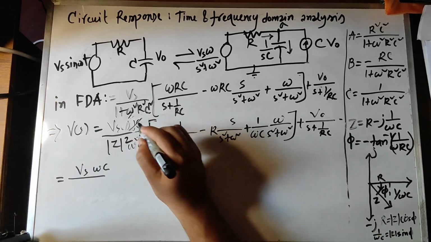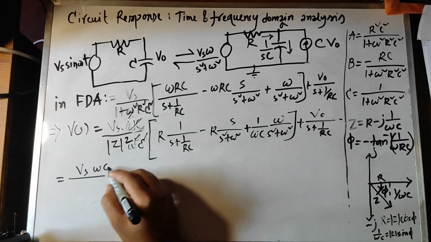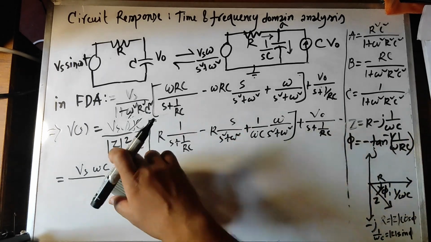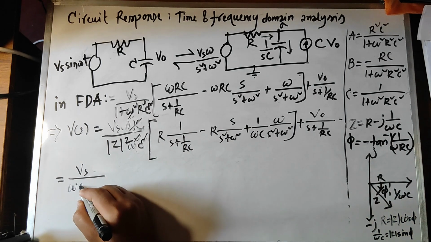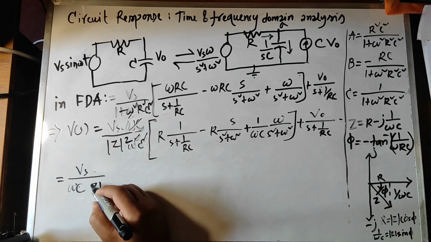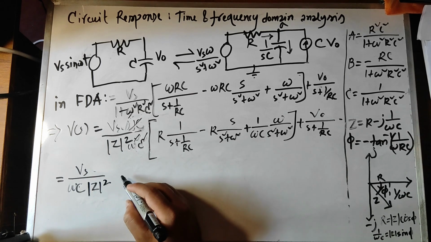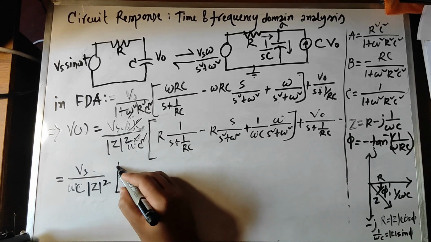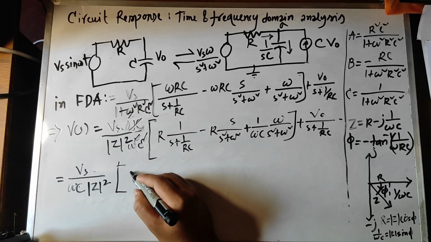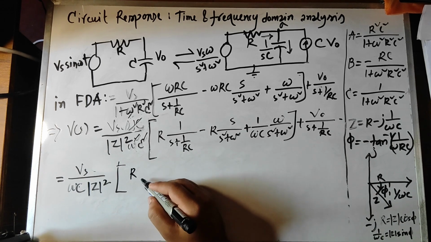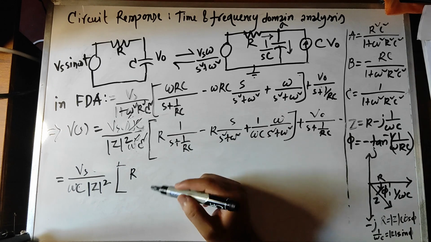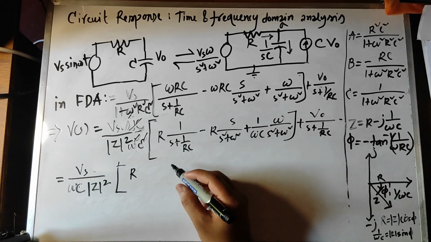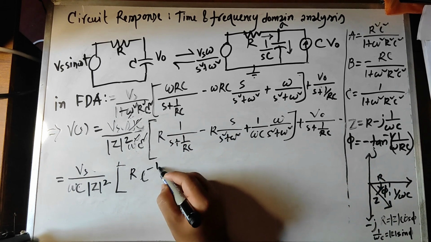Now if we cut out this, it will leave us with omega c over z square r. So if we use inverse Laplace transform now, it will give us e to the power minus t by rc